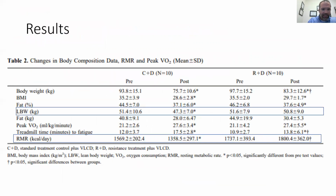So first, let's look at lean body mass. I want to know what happened to muscle mass. Well, in the group that did the cardio, their muscle mass went down. They lost about 4 kilograms of muscle. That's almost 9 to 10 pounds of muscle. In the group that did the circuit training, which is resistance training, we didn't see that. Statistically, it did not go down. Now it didn't go up, because they were only eating 800 calories a day,